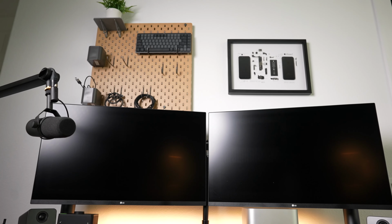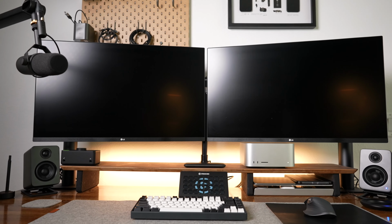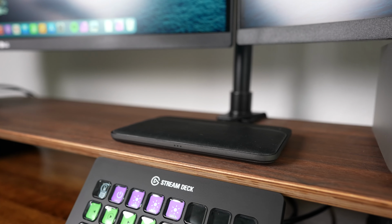the monitor. It's such a tiny machine that it was easy to find a place on this desk that made it look good, and it's been a fantastic main desktop machine. Right beside it is the Nomad Base Station charging pad. The reason I went with this specific charging pad is because it was the only one that really fit my